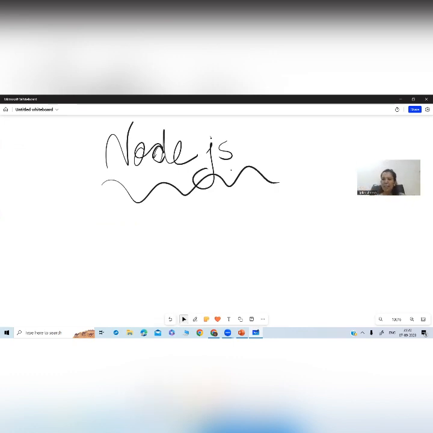So when I'm talking about Node.js, it is open source. What do you mean by open source? That anybody, everybody can access it without paying any price. So it is open source. Cross-platform. Why do we say cross-platform? Because it can be used on different platforms, right? Runtime environment for executing the JS code. Now, why am I saying this? You will get to know once I teach you the live coding or the hands-on practice.